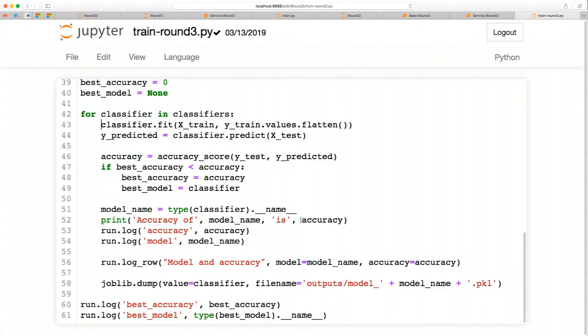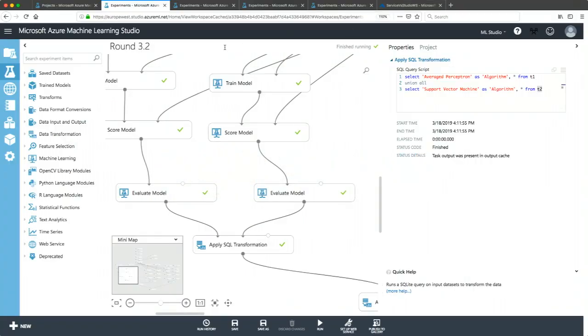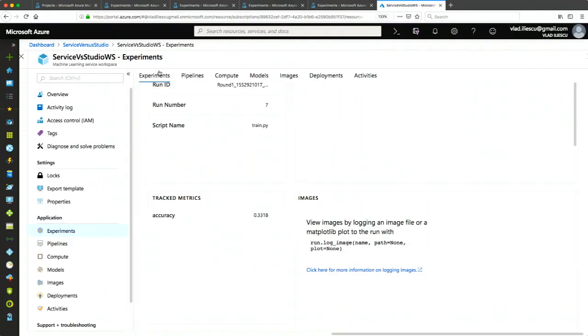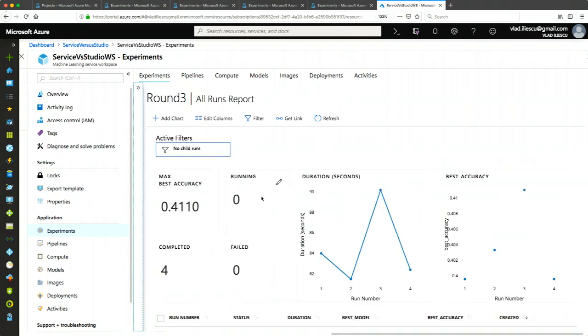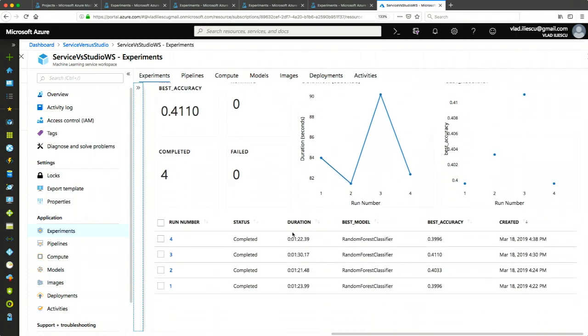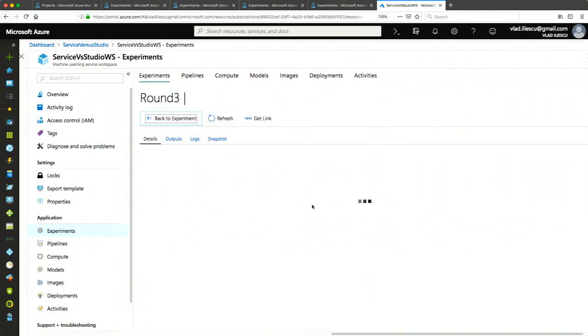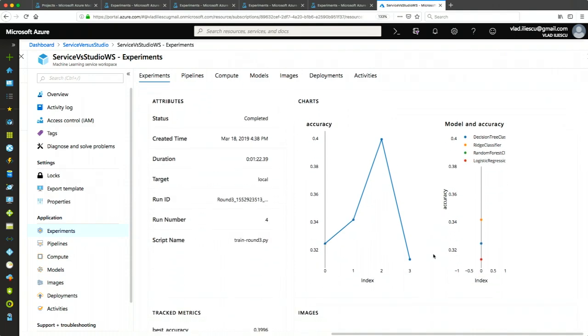So what this does is allow me, if I were to look at the round 3 experiment, to compare the models. I have this nice chart, for example, for model and accuracy. And I can see which model yielded the best accuracy.